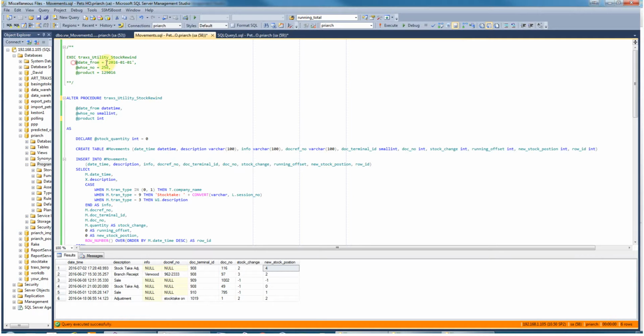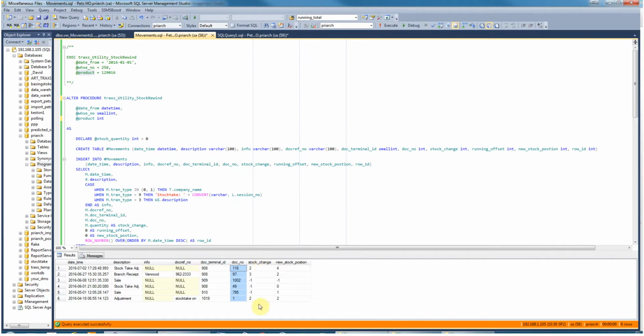So we pass in a date, a start date. It's always from that start date to now. The warehouse number and a specific product. It's all about a specific product. And this is what we get out. So we obviously get a listing with the most recent transaction first, the type of description, some additional information that could be a secondary warehouse if it's a transfer in, transfer out, or a supplier if it's goods in or goods returned. Doc.ref now can sometimes be useful. Document number,